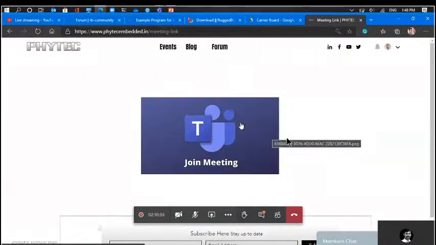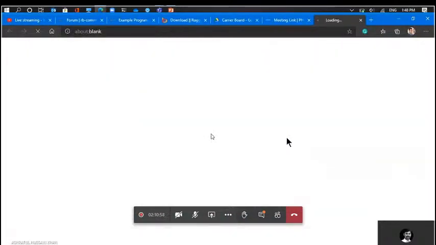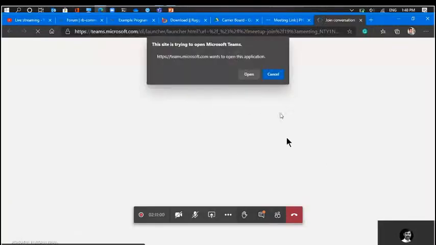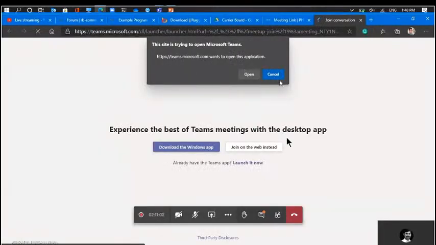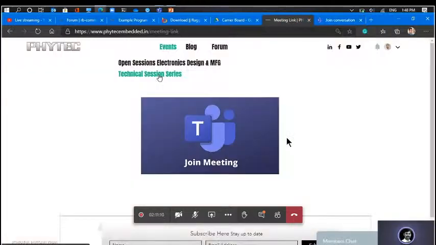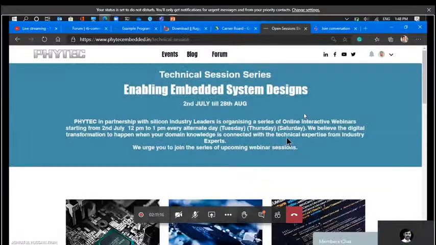So next time you can directly see the meeting link, and if you click it, it will take you to Teams. The session details will be mentioned here itself. Go to fitechembedded.in, go to technical session series. Here you will see all the steps. To access the meeting link, we are using the same link, so you just have to log in.